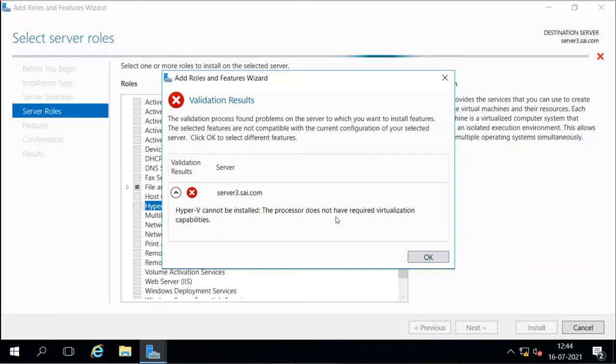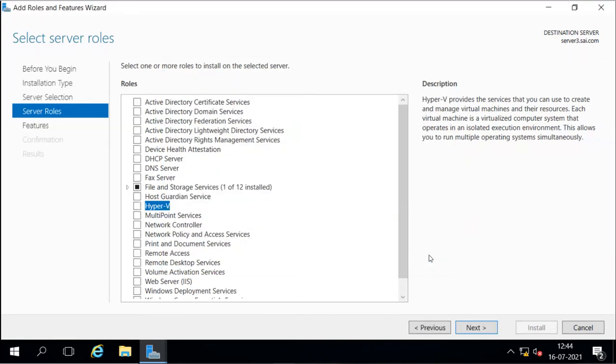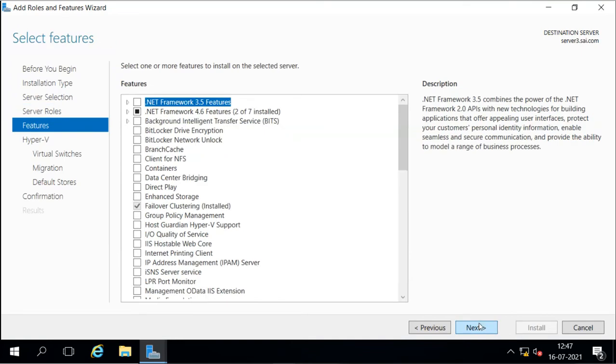Okay, it is not enabled from the BIOS, so it is giving an error. First I have to enable it there. Now I enable it from the BIOS, then I can go on to install the role.